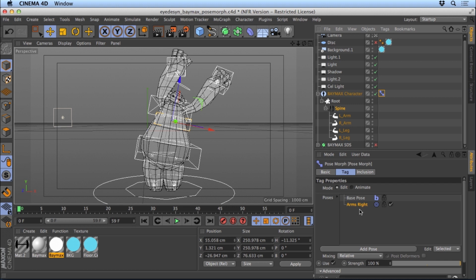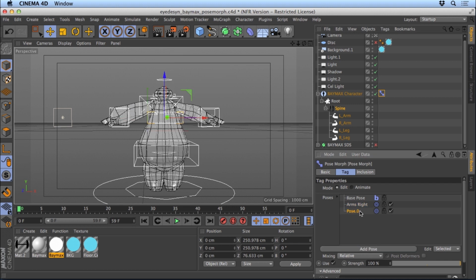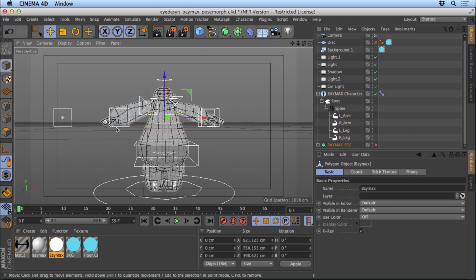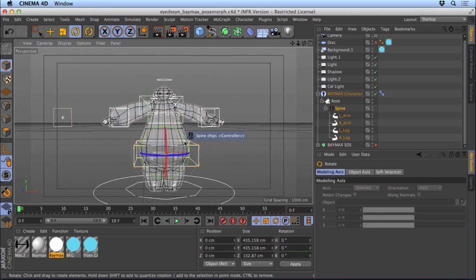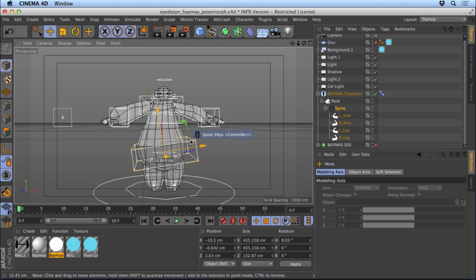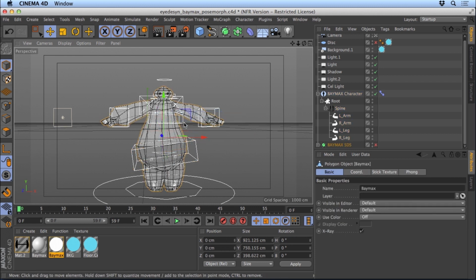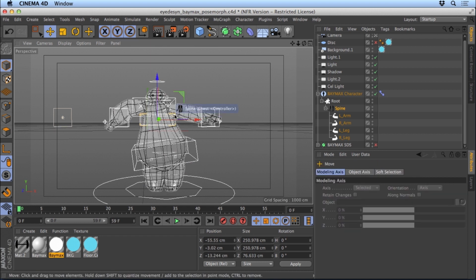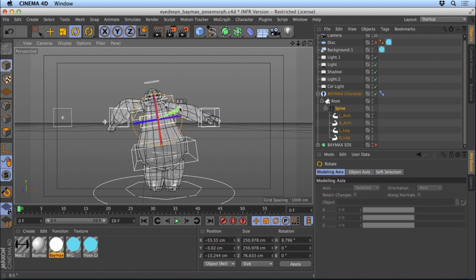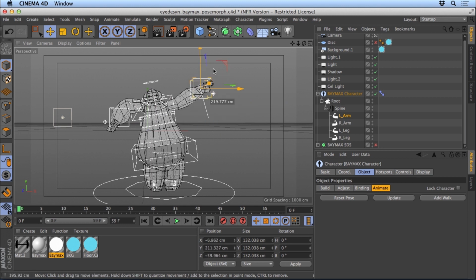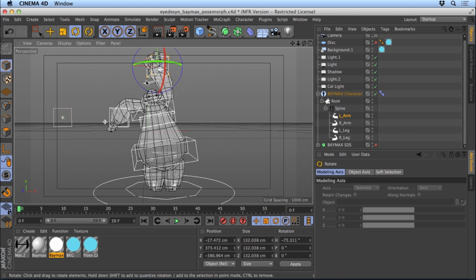Now what we're going to do is create a second pose. We're going to snap back to the original base pose here, which is fine, and we'll rename this arms left. We're going to do the same exact thing and pose him with his arms over to the left. So we're going to start, again, moving the hips, rotating it a little bit, and moving this chest over, just like that, and move his arms up over to this side, and rotate his hands,